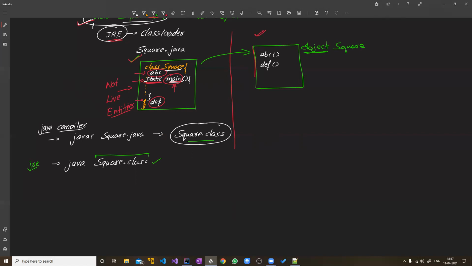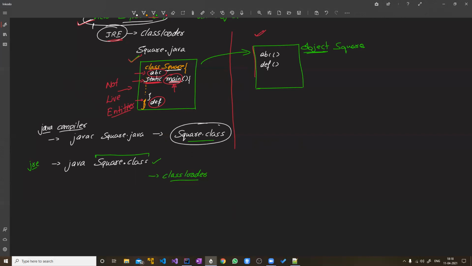One of the stages of execution is that Java actually uses its class loader. It's like this: if I ask you a question, in order to answer that question, the concept and the data, everything should be there in your mind, in your brain. So it has to be loaded in your brain first.